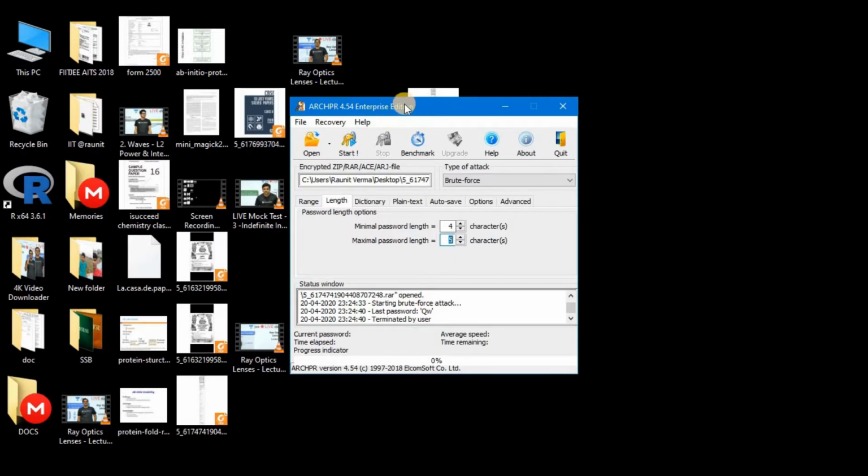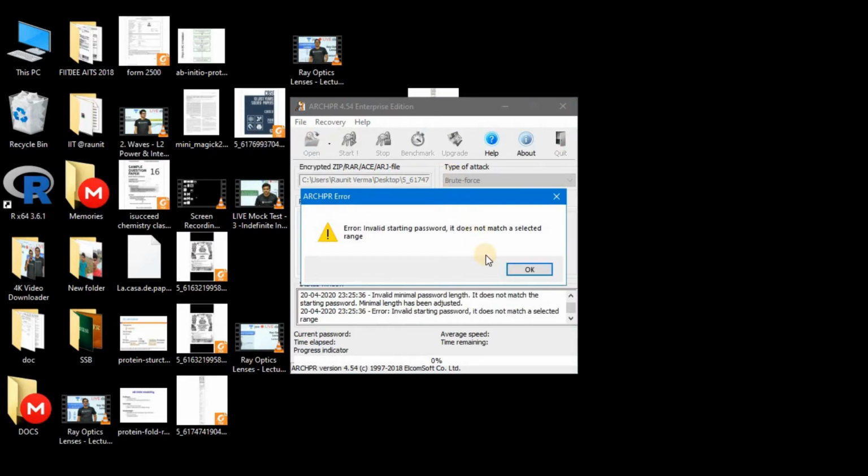If your password is too long and contains too many characters, then it may take days or even a week to complete, because what it does is a hit and run method. So let's start now.